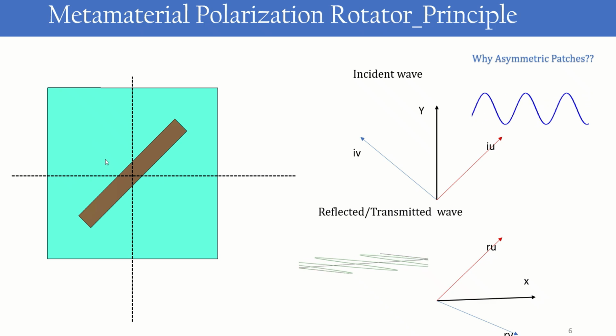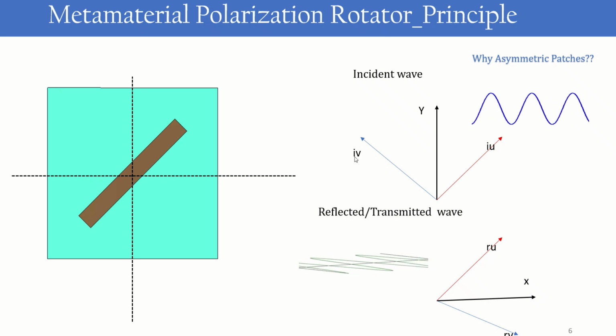This will cause the 180-degree phase reflections. You can assume the wave in this direction, and because of this orientation, it will cause a 180-degree phase shift. So here you can see that upon reflection, the U component will be in the same orientation. So here you can see that the U components are in the same orientation, but because of the phase reflection